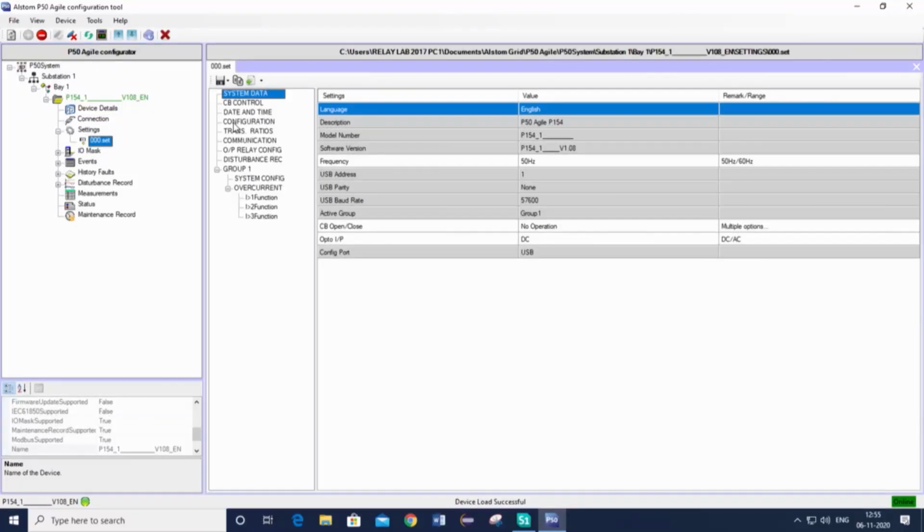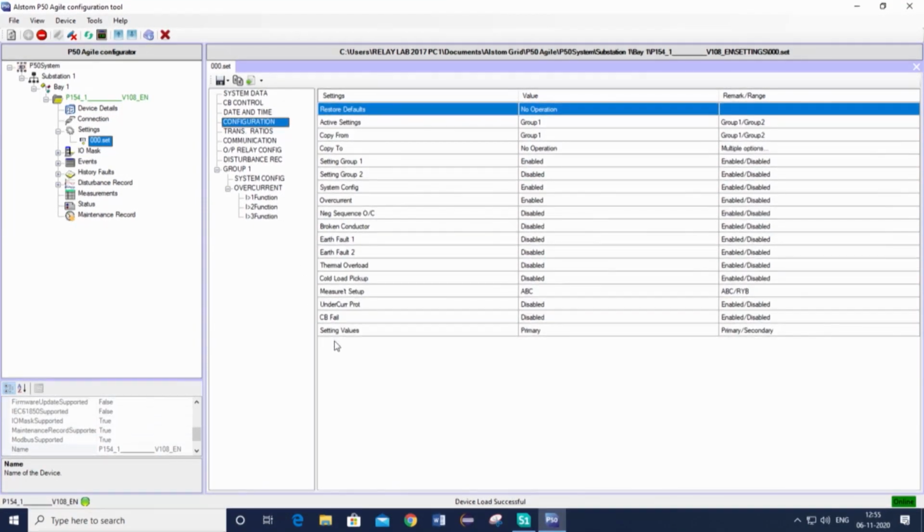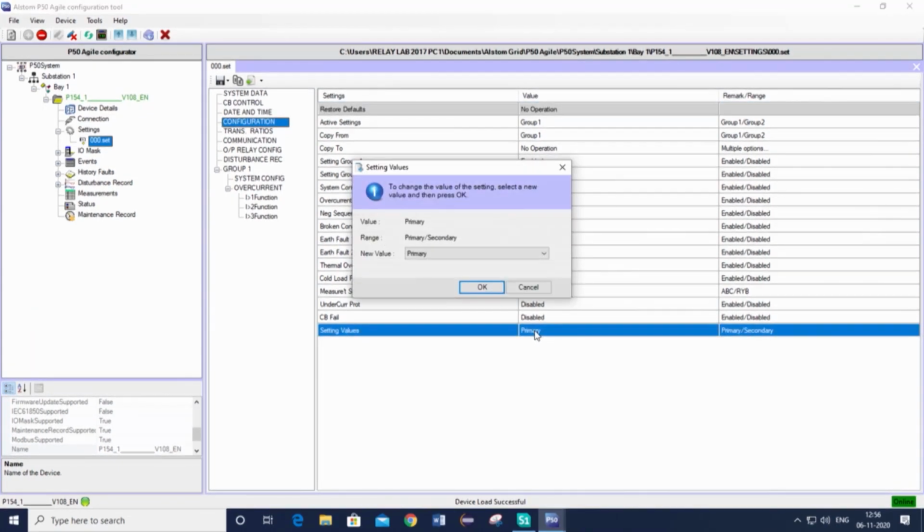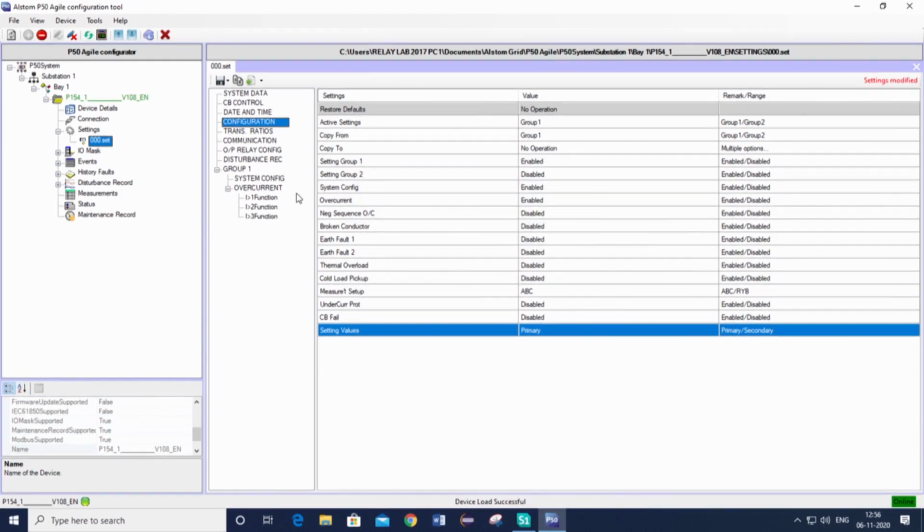So, this corresponding current and the corresponding pickup setting we are going for is on the primary, as already shown here. So, we are setting for the primary side. Both options are there: you can do it on the relay side, that is the secondary of the CT, or you can do it on the primary. So, we are going to the primary side, since the corresponding ammeter reading through the clamp meter is compatible with that, being connected to the primary side as already mentioned.